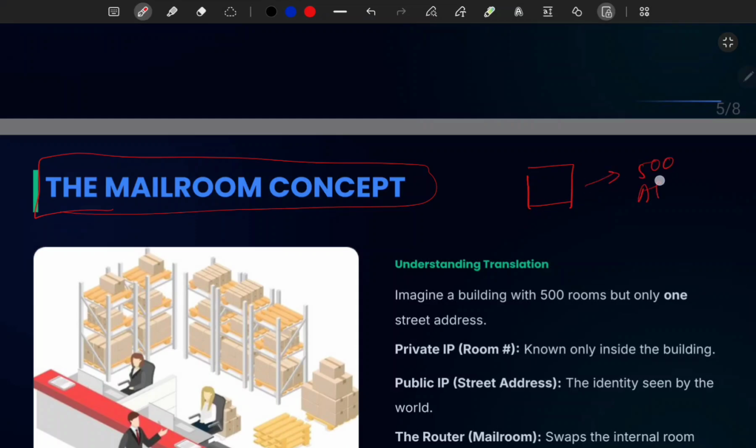Okay, whatever order you are giving or placing, it will not go directly to your apartment. They keep it at a single address, and in that single address there are multiple rooms.